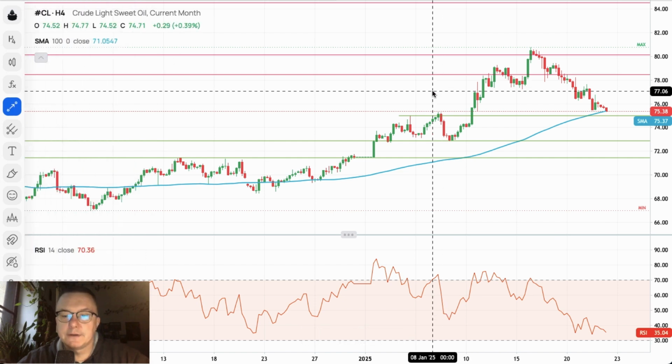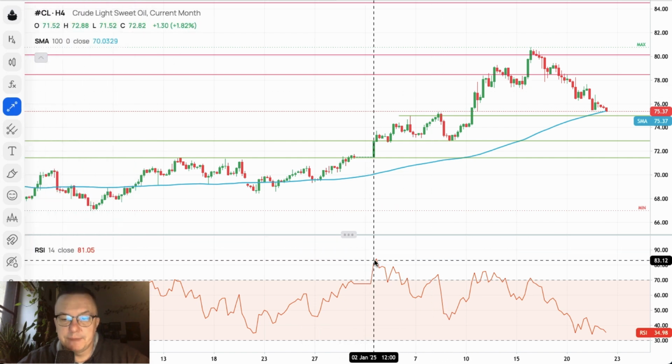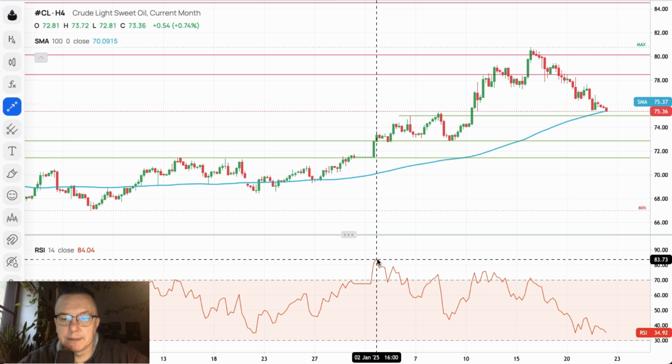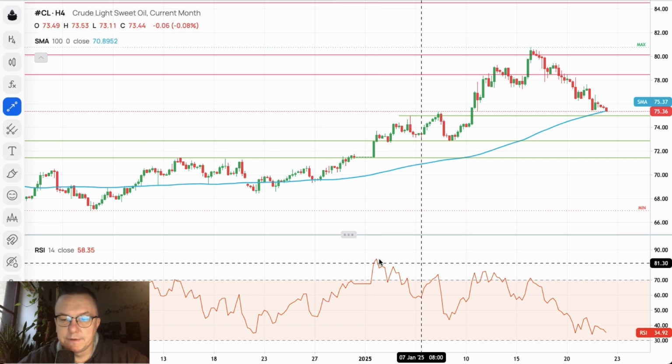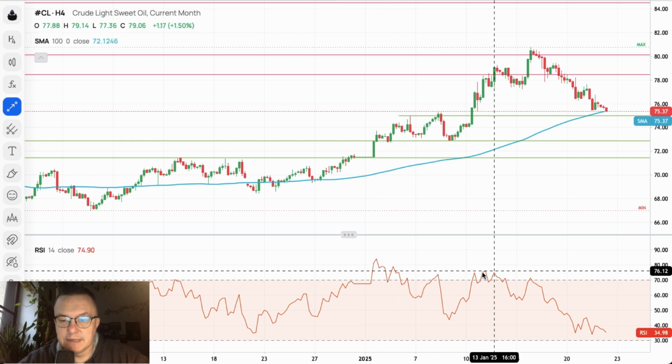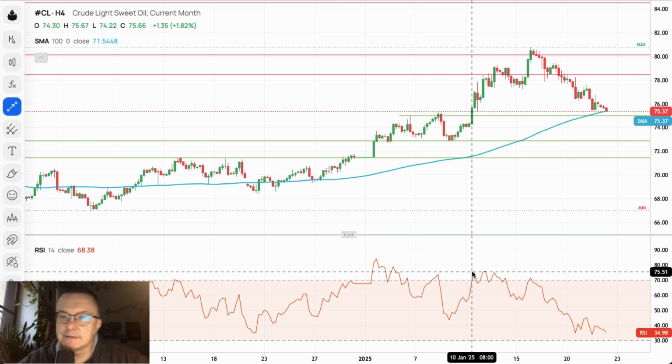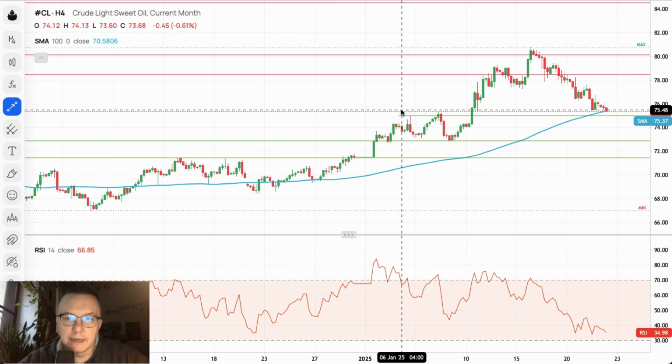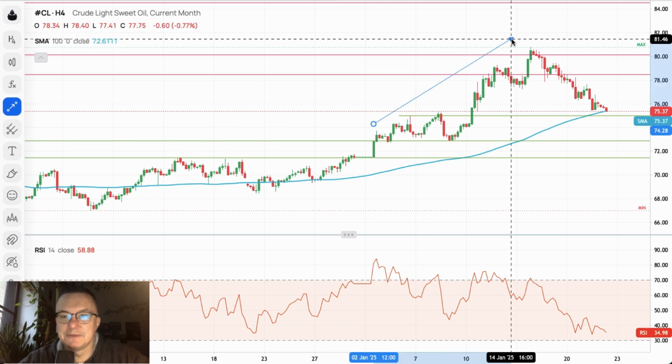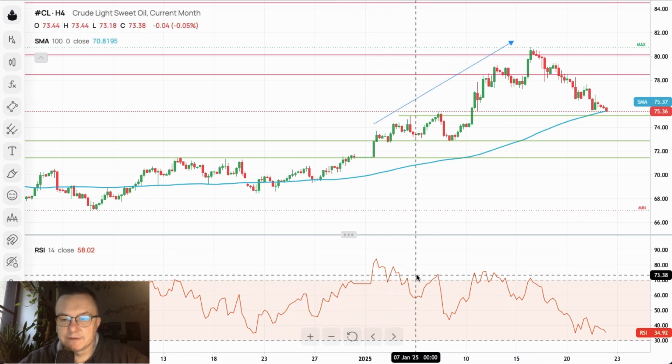There you go. So what we see here is the peak momentum, 83 points. There is a lower high, there's a series of the same highs, roughly around the level of 75. In the meantime, since this high, the market has been moving higher because momentum was very strong, very positive.